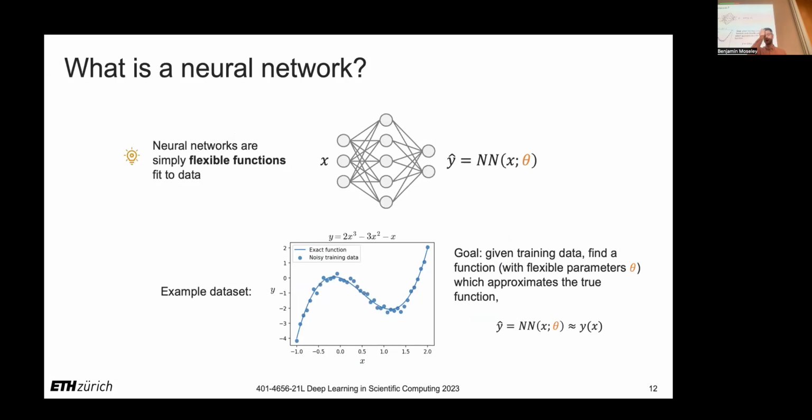Okay, so what is a neural network? As I said in the first lecture, a neural network is simply a flexible function that is fit to data. And if there's one thing that I want you to take away from this lecture is this idea, that there are so many neural networks out there, and they look very complicated, and they are in some ways. Their architecture is very complicated. If you look at a transformer or like a ResNet, for example,